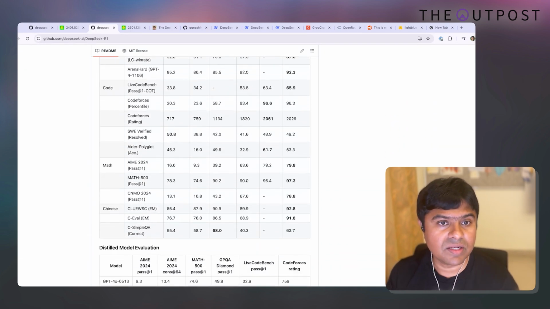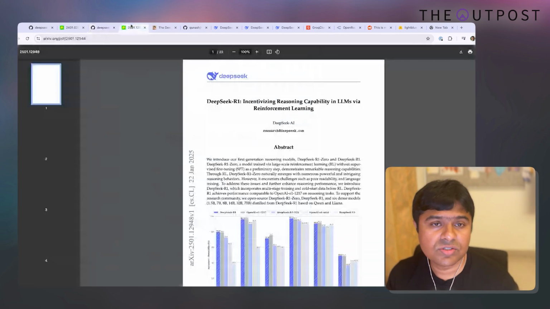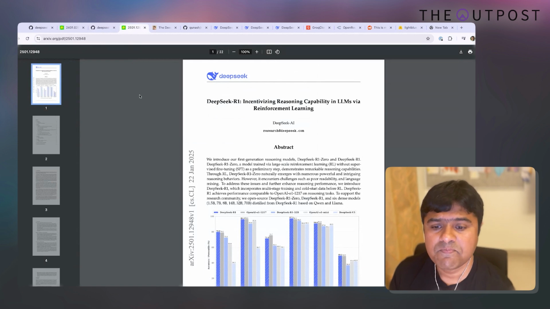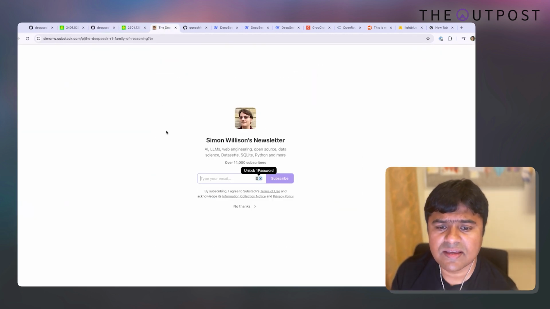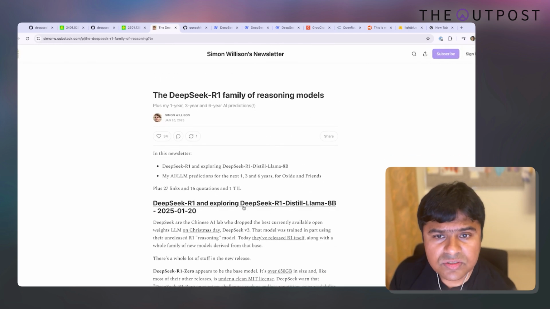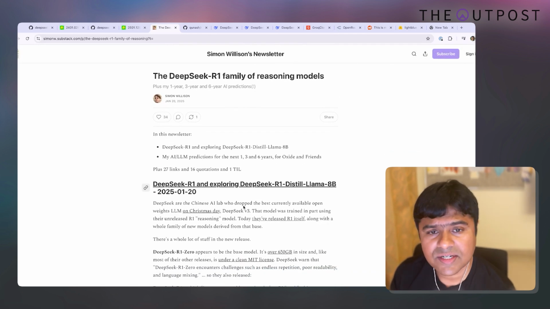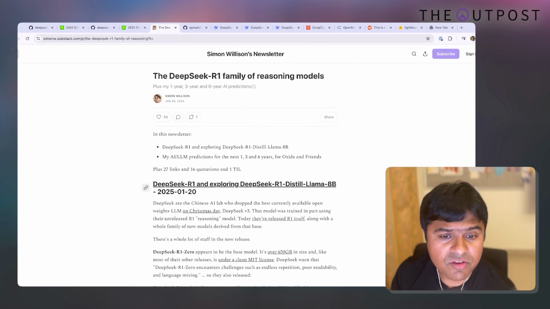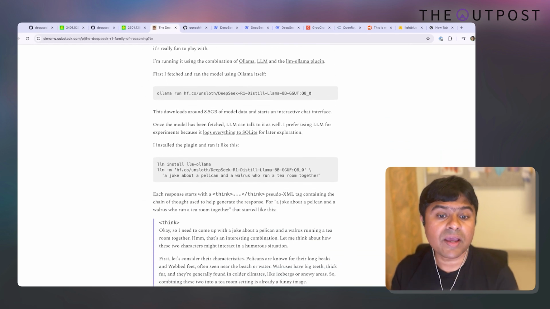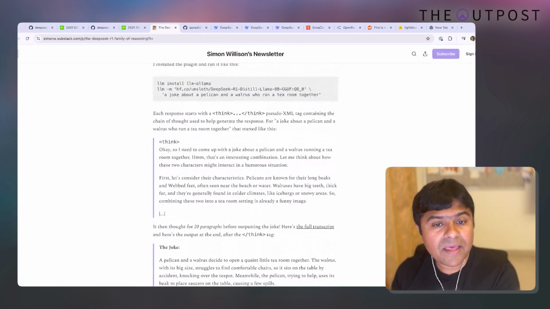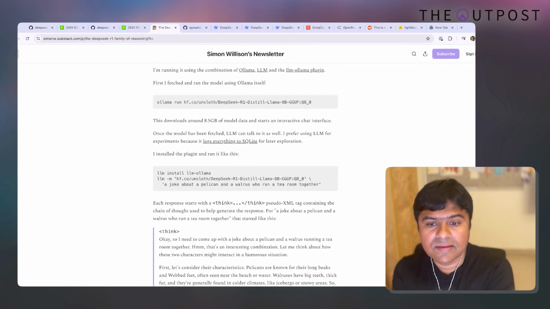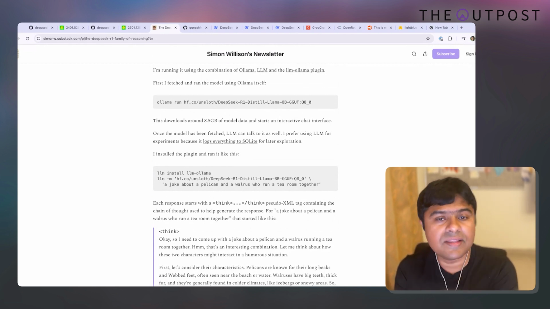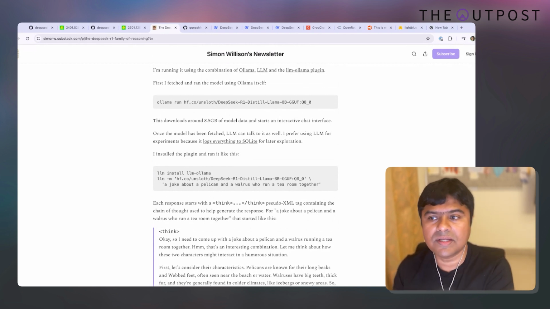Which is incredible as well, right? Again, there's a paper link which I'll link in the show notes. And also a really interesting blog post on the family of models. Not just R1, but all these different distillations, why they are important, comparing them to some of the other state of the art models out there in reasoning, and the outputs, how it thinks, and so on, which is super interesting.